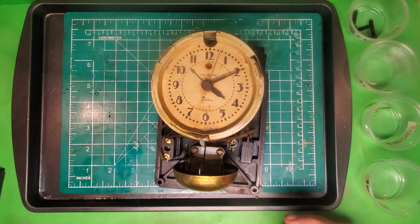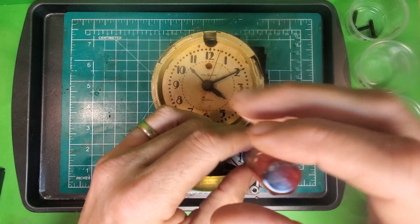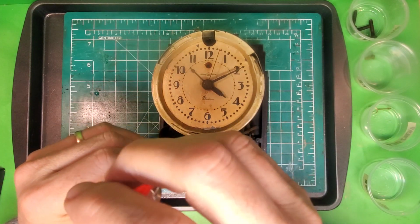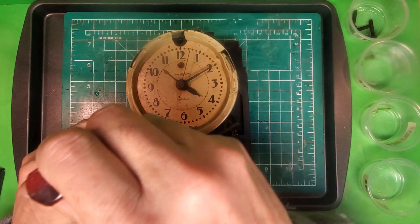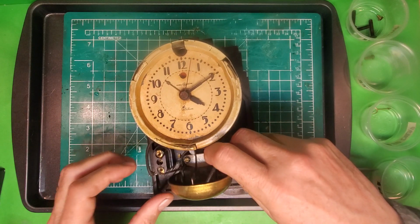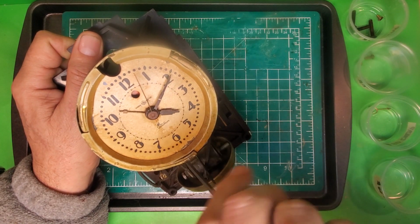So the next thing that I do with this is I remove this screw right here. I don't think there's necessarily a correct sequence to do this, but it's just what I do. So I'm going to take that out. I also disconnect the wires that are held in over here. Then what I like to do is go ahead and remove the bell and coil assembly. So got these 2 right here I'm going to take out,